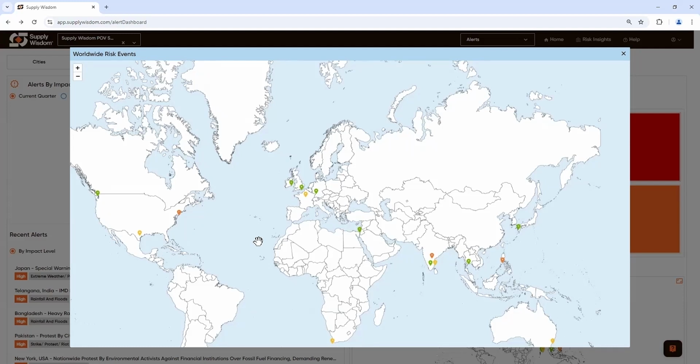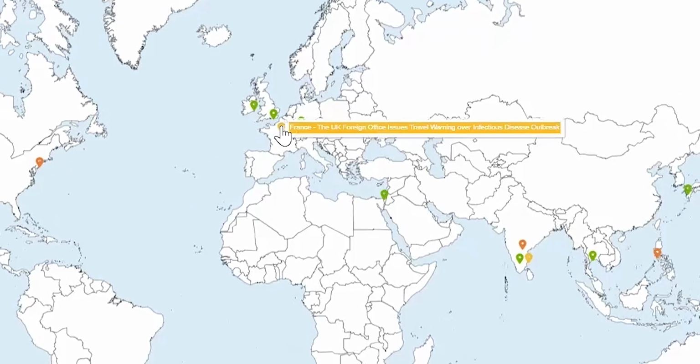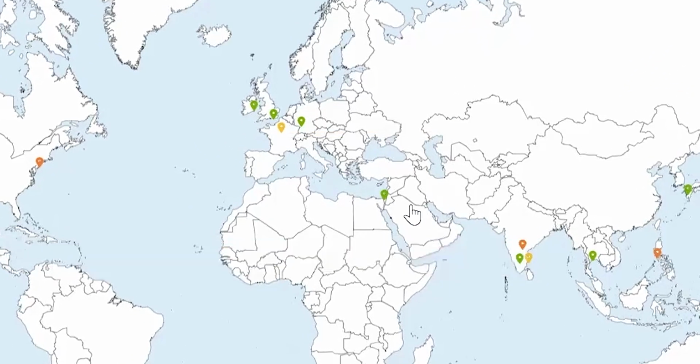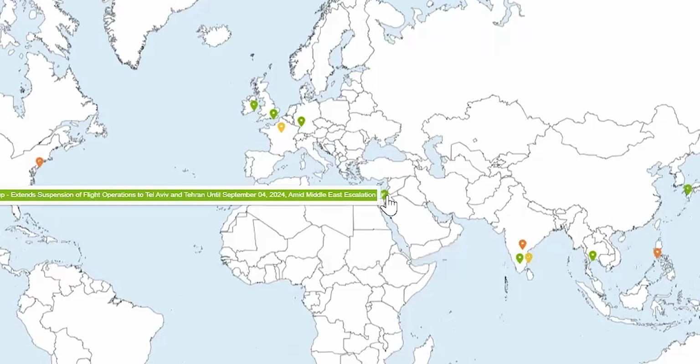This gives me the chance to observe if there's a meaningful concentration of impact in any particular location that might require further attention in terms of potentially diversifying dependence upon particular service providers, ensuring that my supply chain is resilient against any looming risk. Once again, I can hover over any individual city here and see the events, the alerts, which are being referenced by these markers.